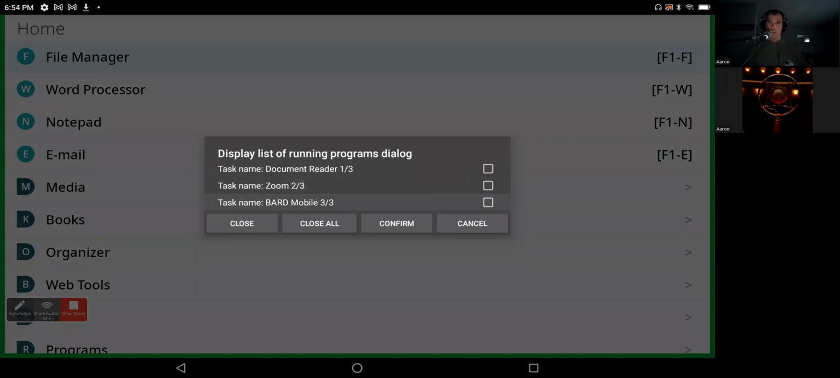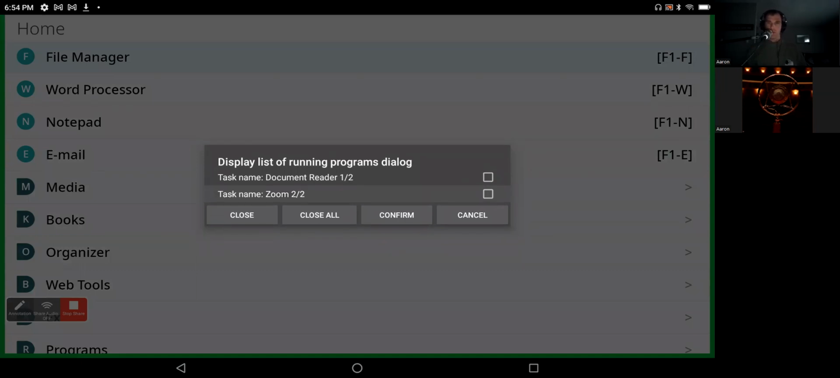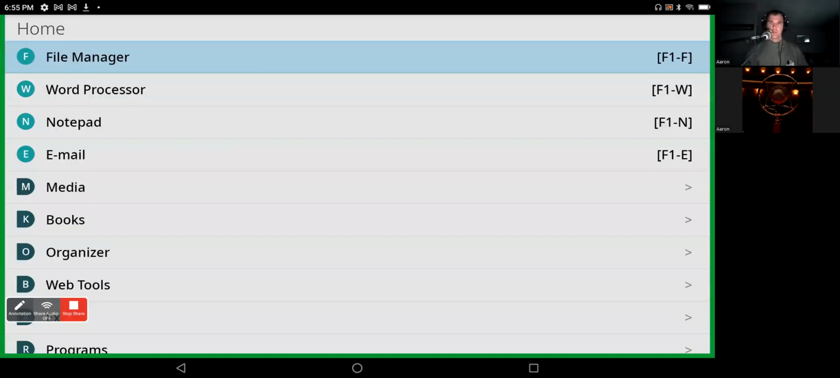Task name, Zoom. Task name, Bard Mobile. Task name, Zoom. There's Zoom. Task name, document reader. File manager. So as you can see, the Braille Sense is a very powerful machine to the point where